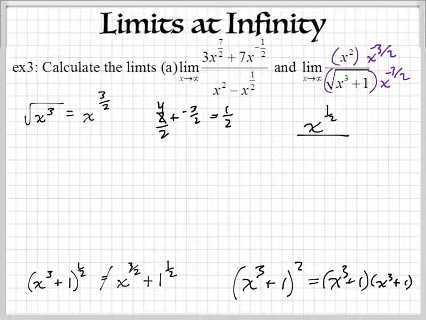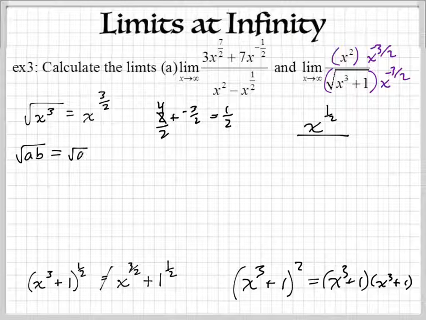All right. You guys ready for this? You've got to hang with me here. Okay, this is how we're going to do it. Now, like I said before, we cannot split this one up right here. But we know that if you have a and b multiplying each other under the square root, it's the same as the square root of a times the square root of b. You guys remember that? So what I'm going to do here is take this x to the third plus 1,